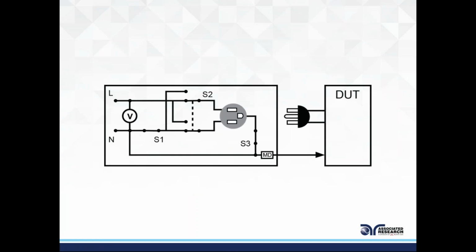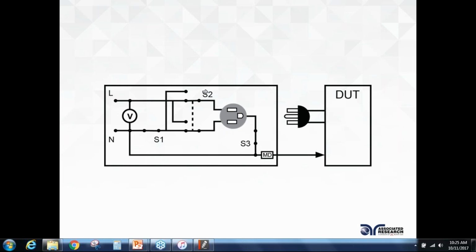So the earlier image was showing you how the connections are made. This is more a simplified version of what's going on with the connection. If you look at the left side here, the left side is where our Omnia 2 or one of our 620L leakage current measuring devices, our instruments, are. In here, we're doing some of the switching or schematics that are required by the standard. You have your device under test, your medical device, that's going to be plugging into one of the adapter